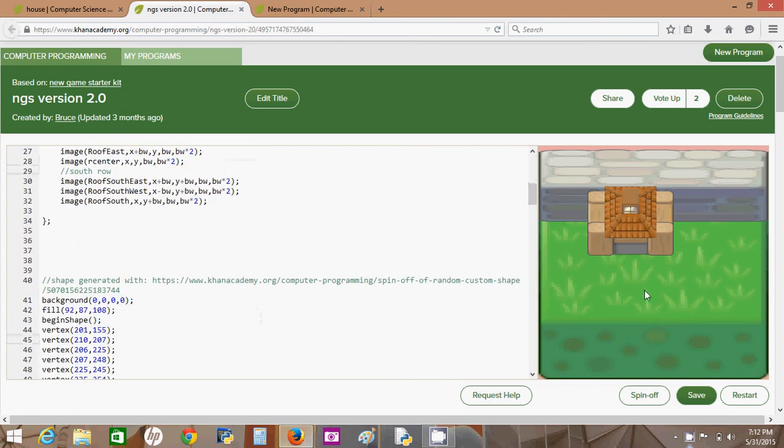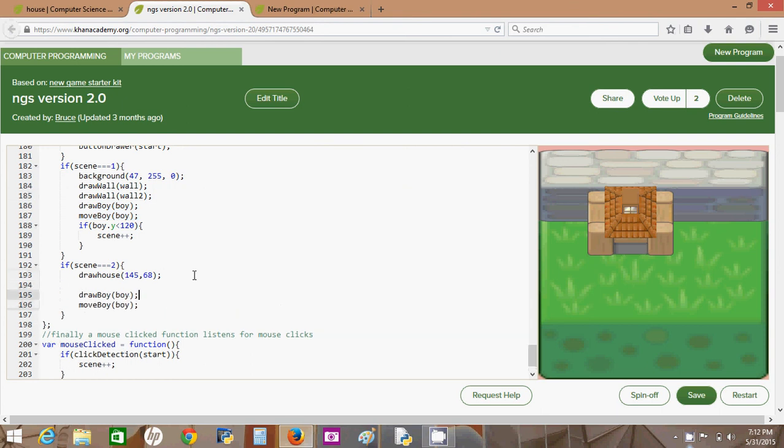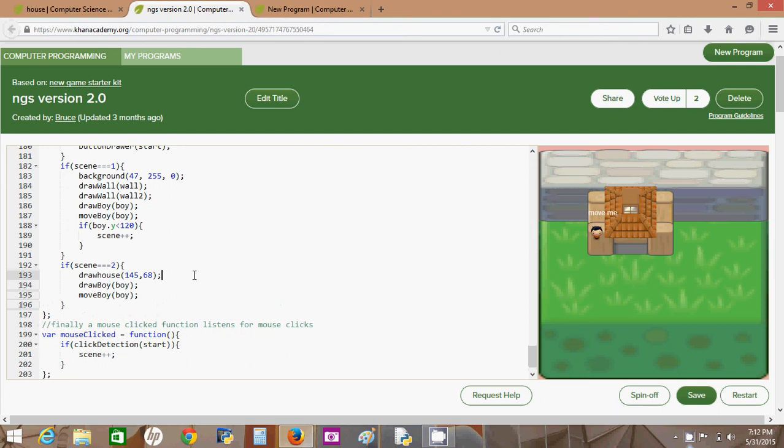So that will be the scene for my outside, and I'll go ahead and, just for now, put the draw boy in that scene. Well, I'll move boy too. And I think that somewhere in here my poor programming practices are going to catch up with me,